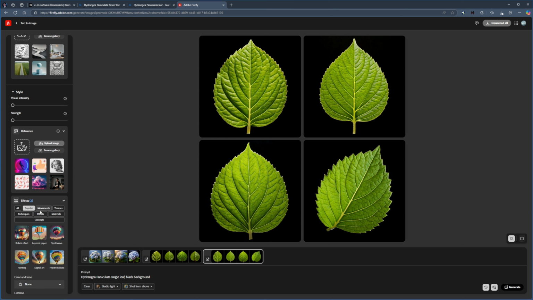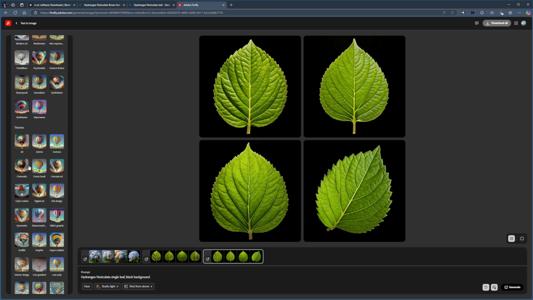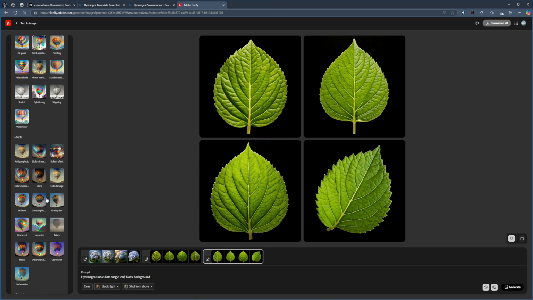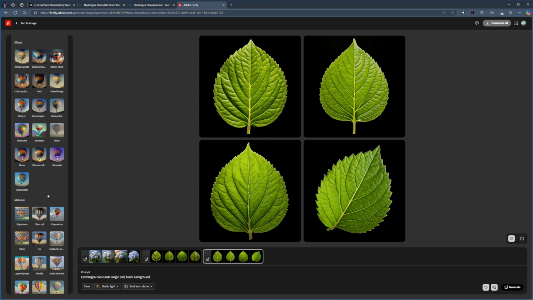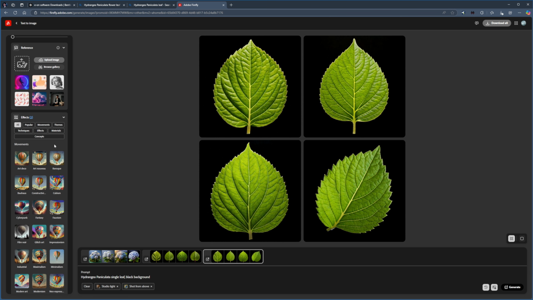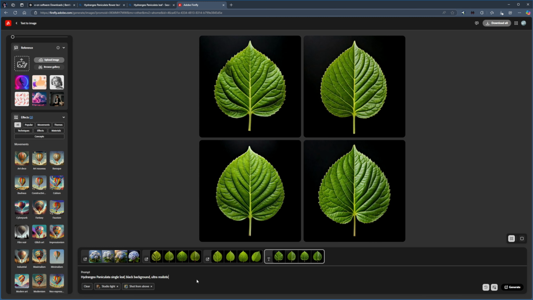So let me just have a look very quickly, because we could look at all types of effects, and we can have a look and see if we can find something like photorealism, for example. You know what I mean? Just to bring it further to what we're looking for. Now it's got a lot of effects that you can choose from. It's going to take a bit of time for you to find out the right combination. So I could type in here ultra realistic, and that should give us a better result, maybe,